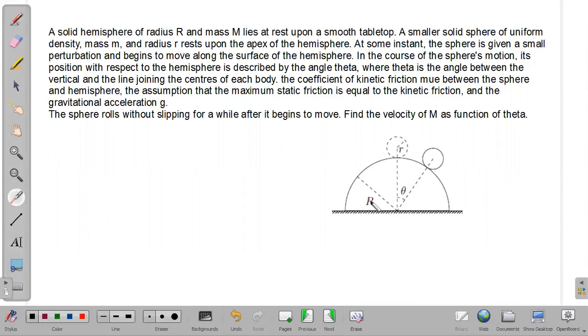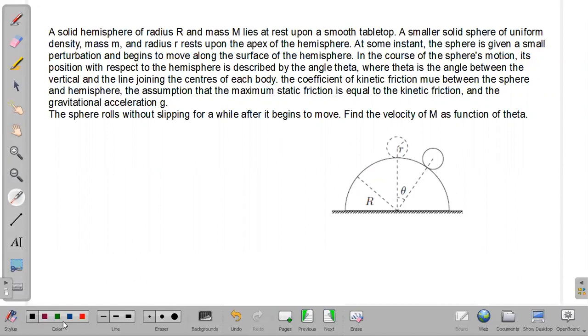You can read the text part of the question also, and I recommend you solve this question and then come back for the solution part. But first you must try this question, because it is a very good question involving some good concepts of mechanics.